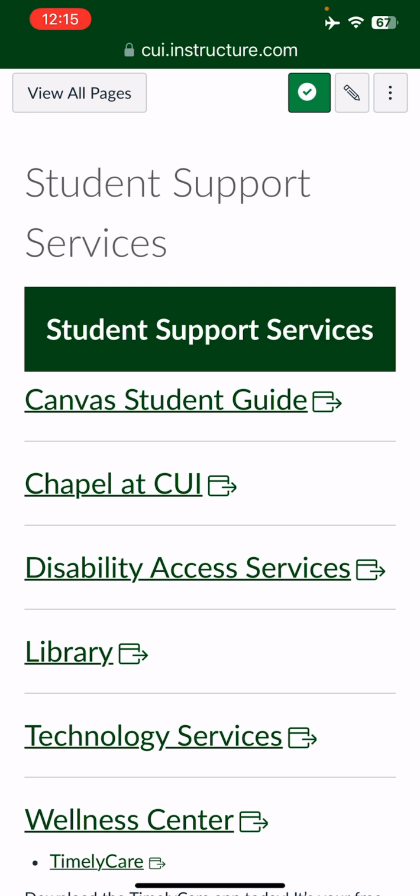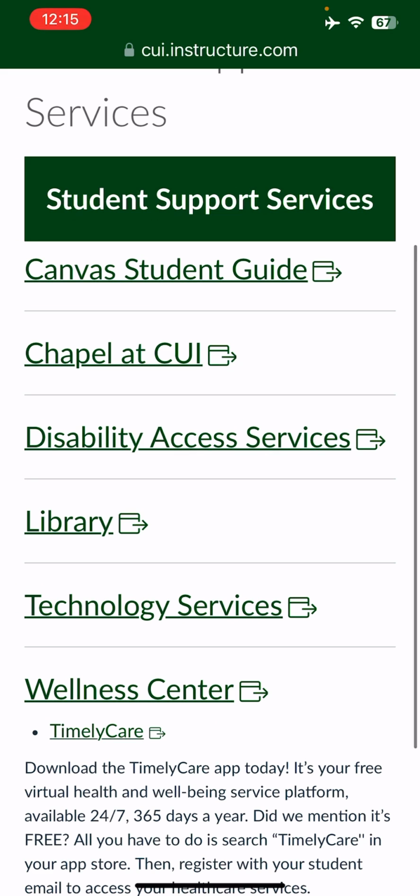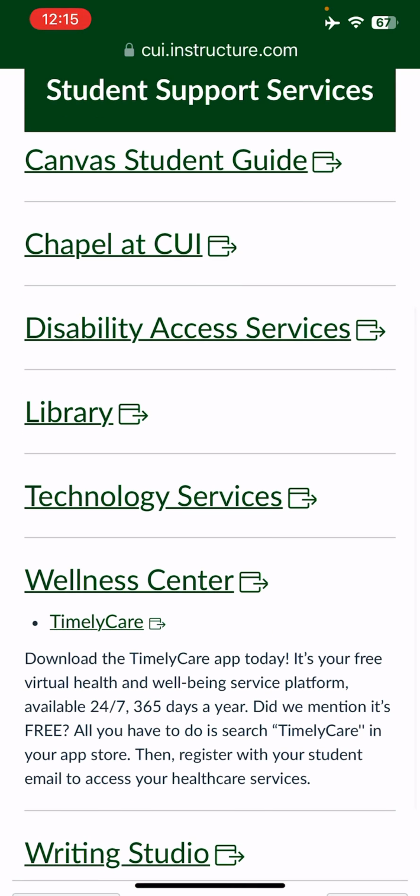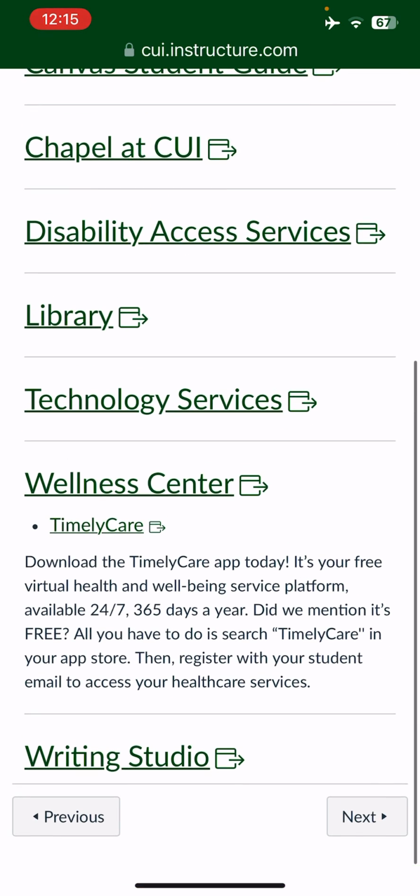But just so you know, Concordia is a Lutheran-based Christian university. If you have disabilities, the library is really important. You're going to have to do a library orientation at some point. Technology services, if you're having difficulty, that's where you're going to get in touch with them. If you're having some mental or physical issues, you can contact the Wellness Center. And tucked way, way, way down there at the bottom, there's just going to be this little gem